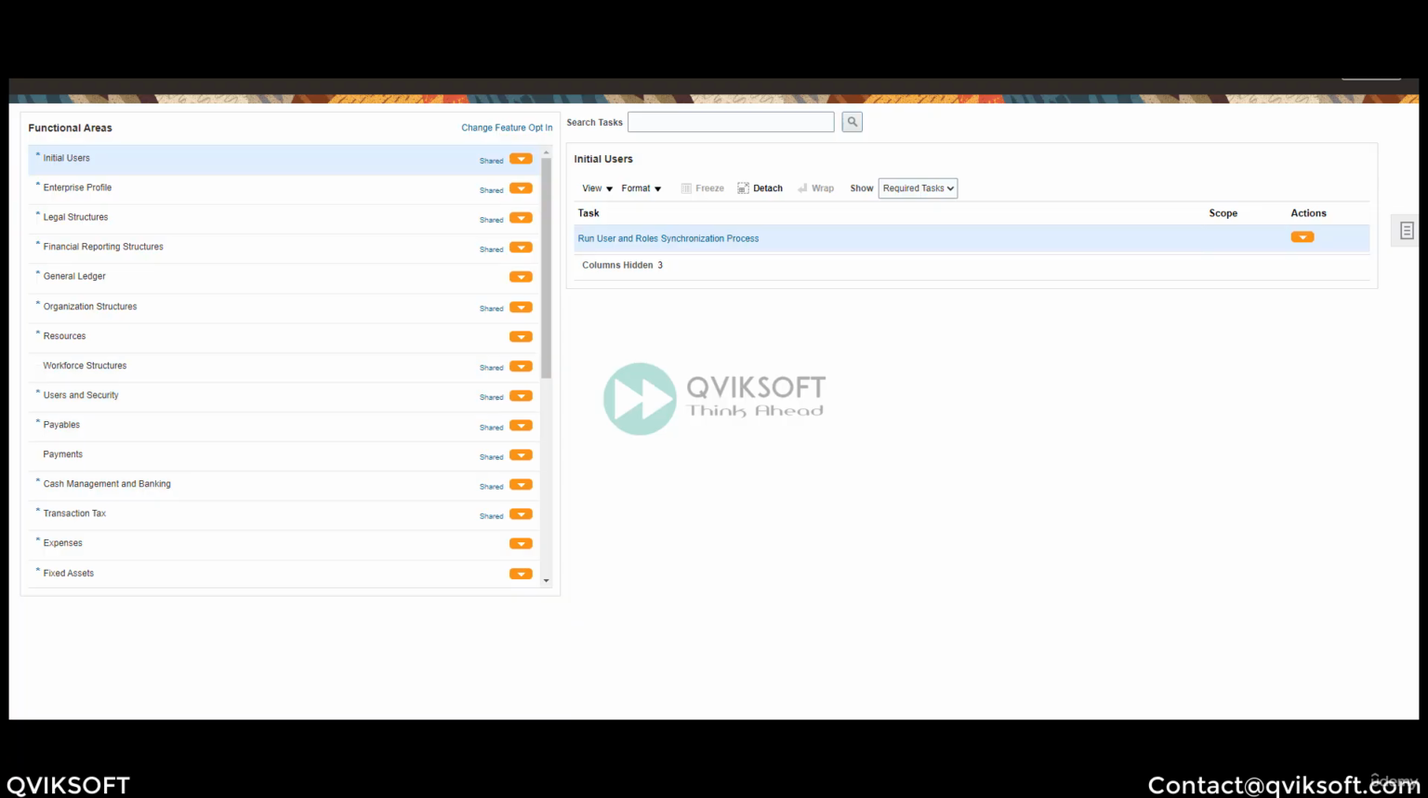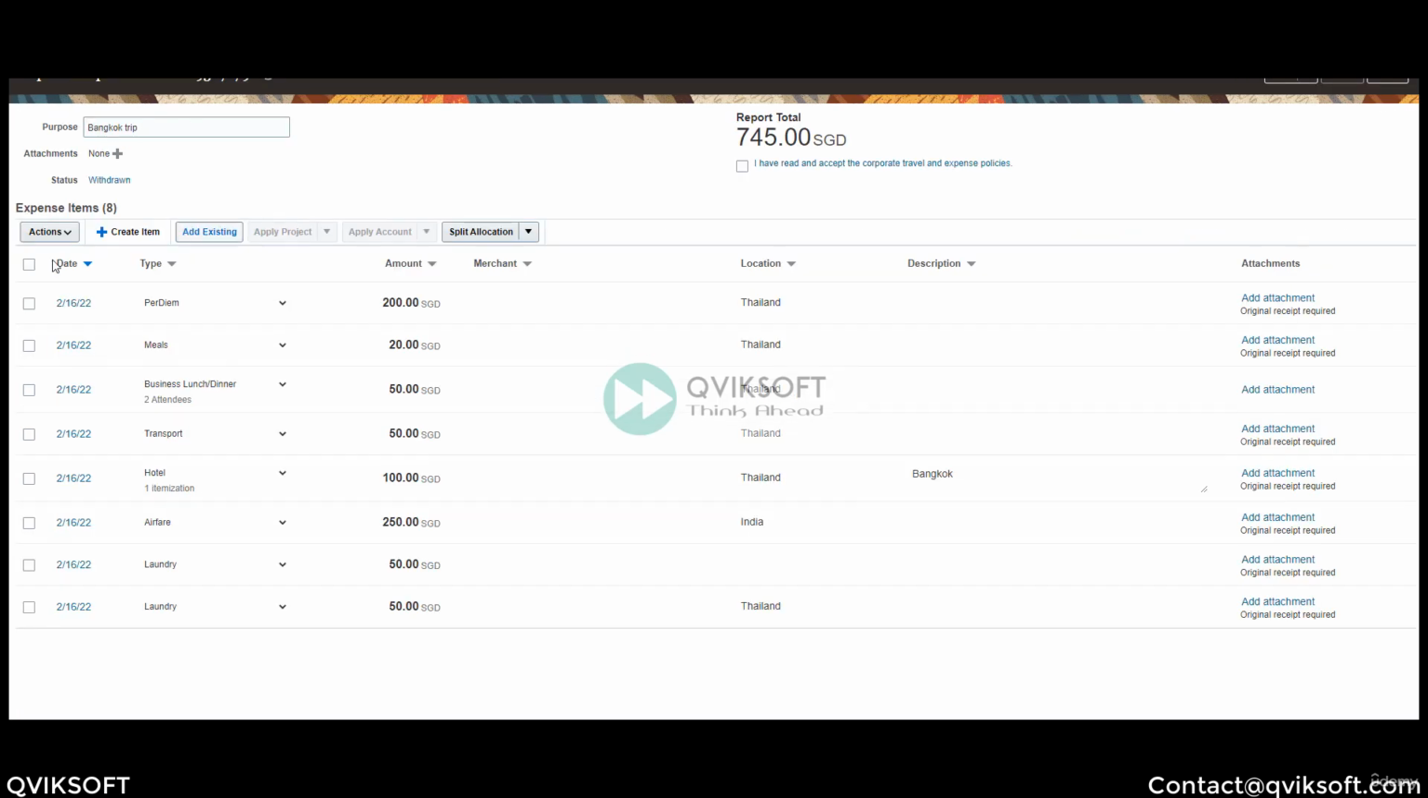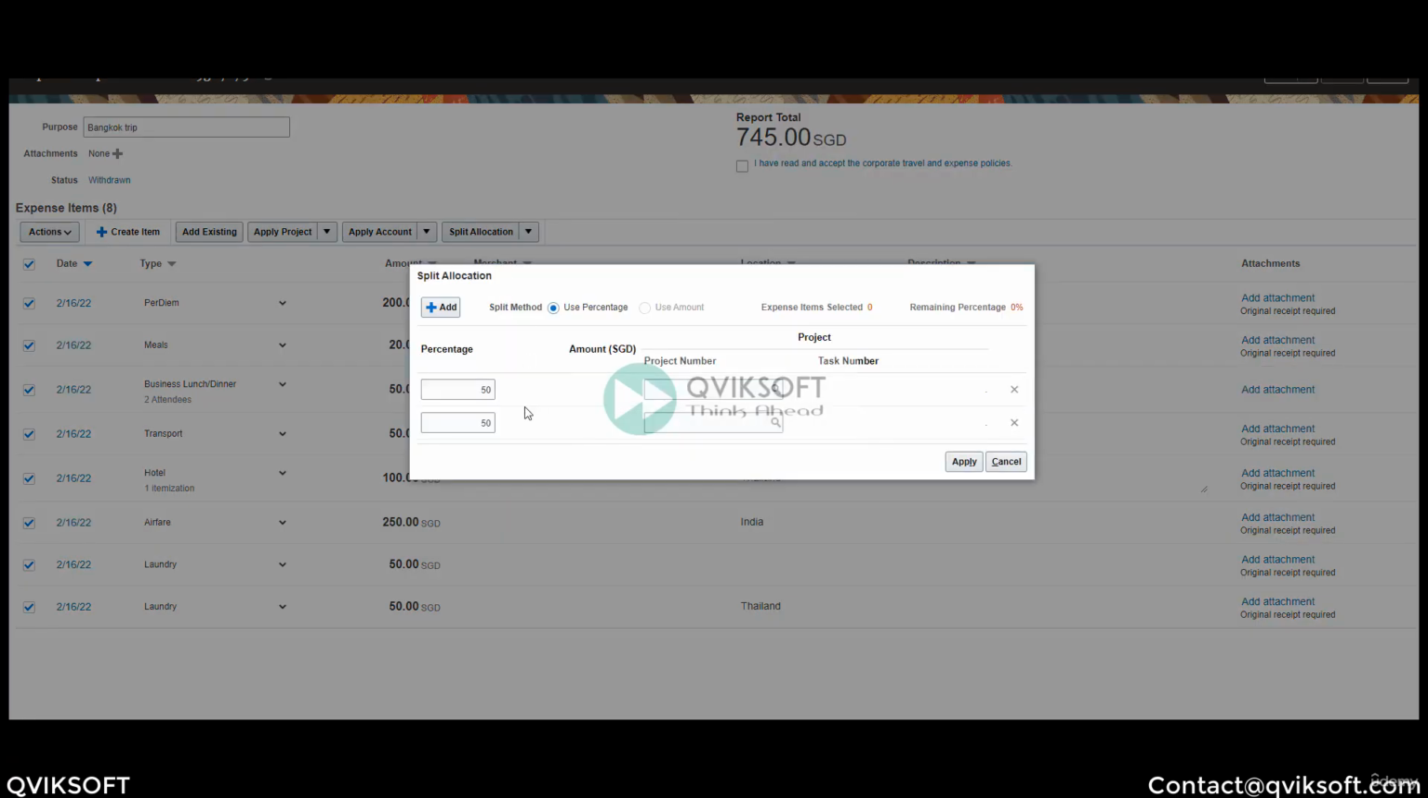So we have seen the setups. Now let me show you how this happens in action. Okay, now let me go to my expense module. So I've logged in as a QSEMP user now. Let me show you my old trip which I had. Now for splitting, if I want to split at the report level, I select everything. Then I say split allocation. Because I have enabled account and project both, the system is asking me what do you want to split. If I say by project, then whatever I give, it will apply to all the items which are selected. Now if I choose by account,